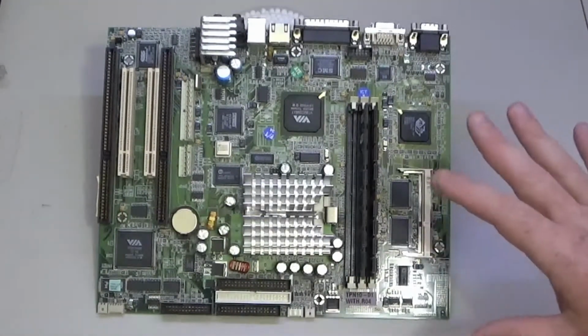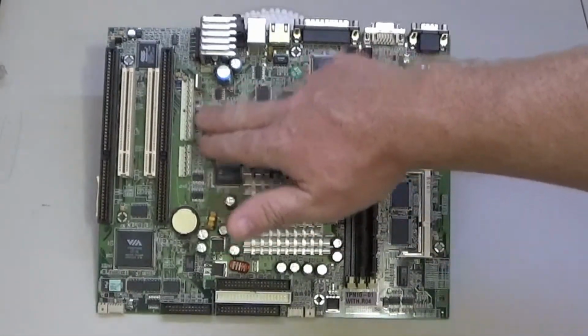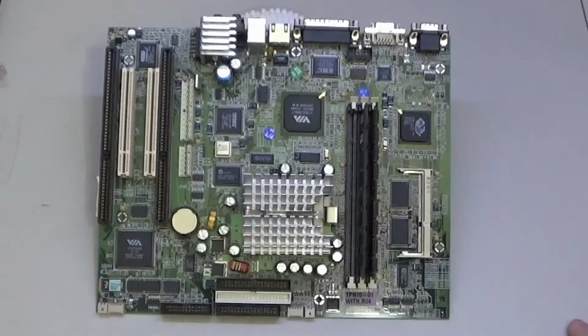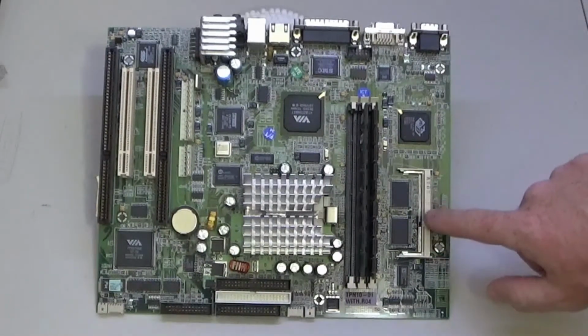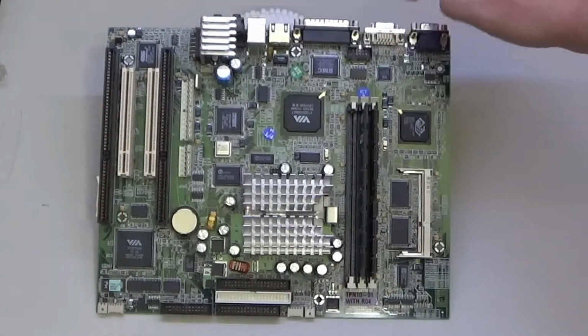I'm going to need to find or make up a test bench setup to put this on. And I have an adapter coming for this AT power connector. I'm going to keep scrounging around to try to find a manual for it. I would like to have some actual specifications on this board to see max memory speed, compatible CPUs, what this slot is for. There's some extra connectors here, not entirely sure. I mean, IDE and floppy I know, and I would love to find out what I can do with this